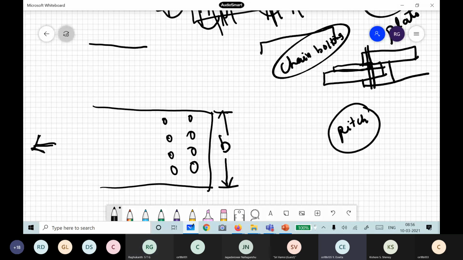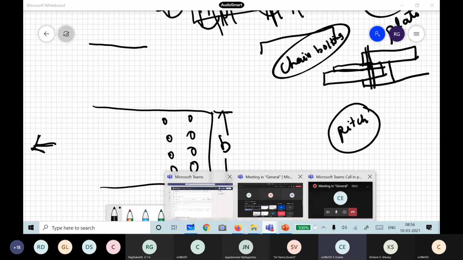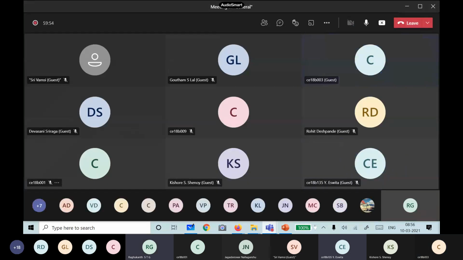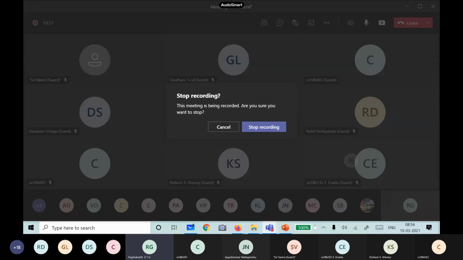So while calculating, should we take the factor of safety, 800 into 1.5? See, what happens is in some design problems they will say load, factored load. Sometimes they say load, and some textbooks assume it as a factored load also. But what you people do is clearly mention at the start what you have assumed. Okay, sir. So if we say the load is factored, gauge and edge distance also we need to show our assumption and then go ahead with calculating. That's all. Straightforward. Yes, sir. Thank you, sir. So there should be no doubt. Already the answer is given. Okay. Yes, sir.